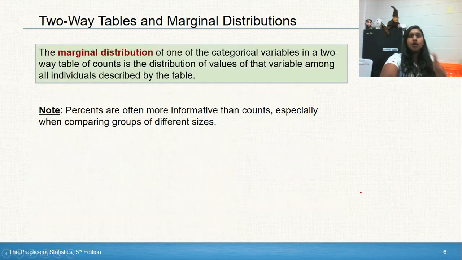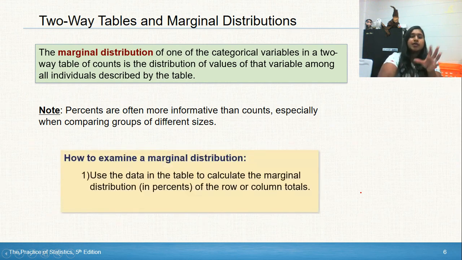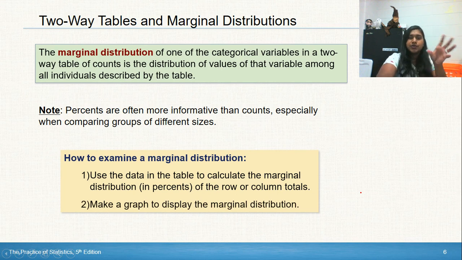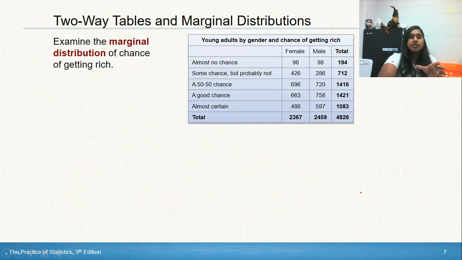Okay, so what about marginal distribution? The simplest way I can tell you is I can't speak. I'm so sorry. Marginal distribution is going to be just like a kind of a summary total of all the individuals. But let me give you that visually because it's so much easier if we see it. So here's a little, how do I do it? Use the data, make the graph. Okay, but I've got this same young adults by gender. So what if I want to know the marginal distribution?